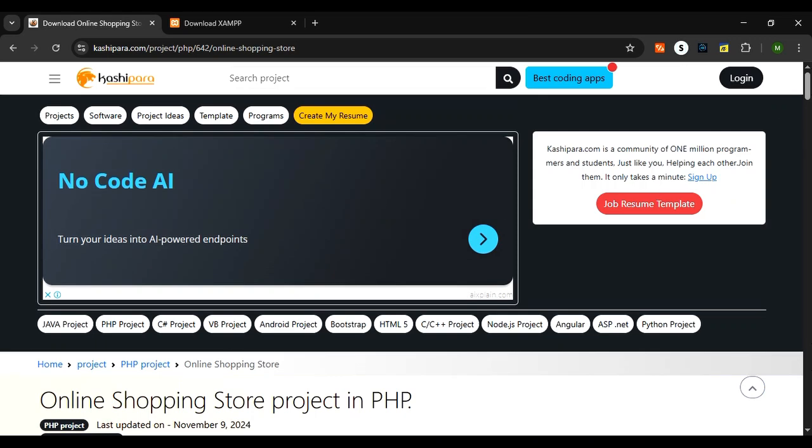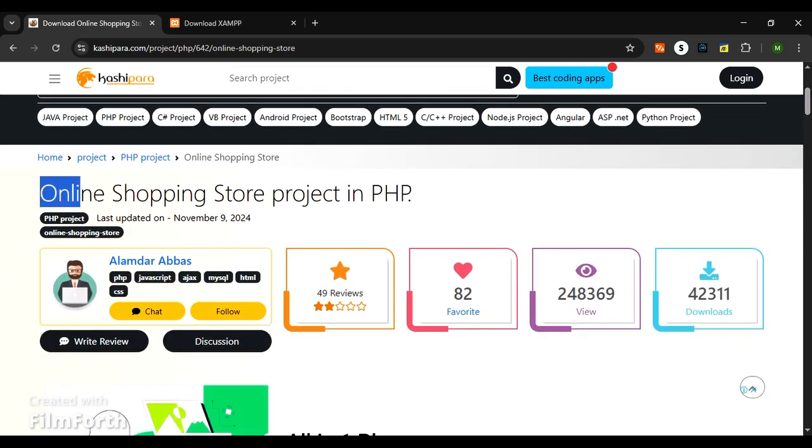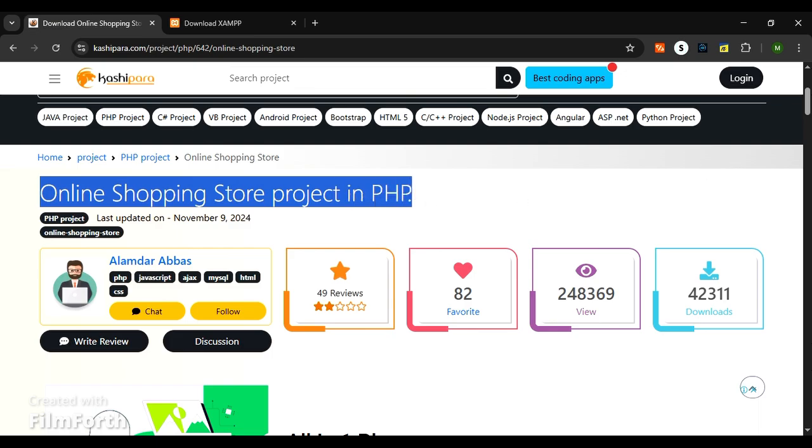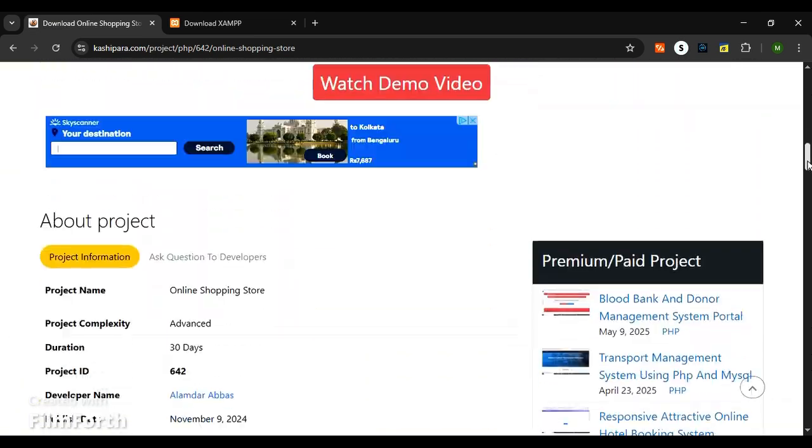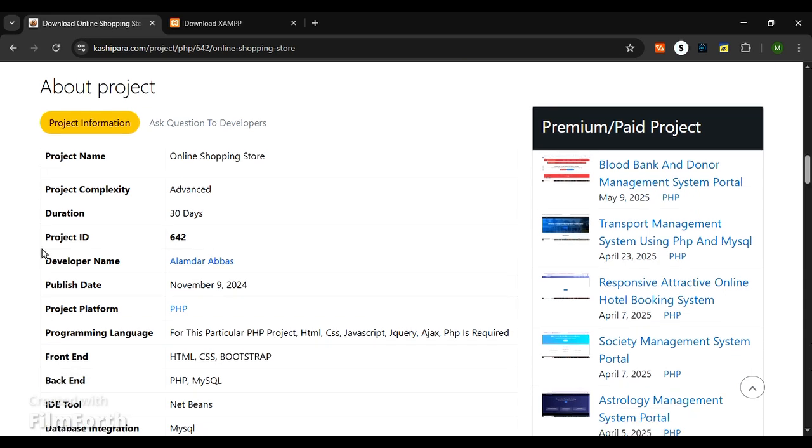Welcome to Kashipara website. Today we are going to run the online shopping store website project, which is created using PHP. Let's scroll down a little further and you can see this is the project ID you can search